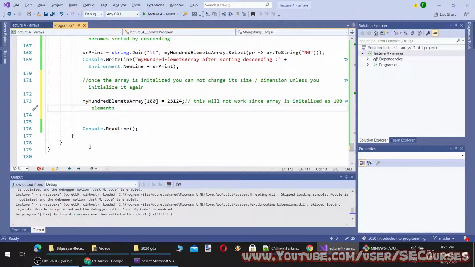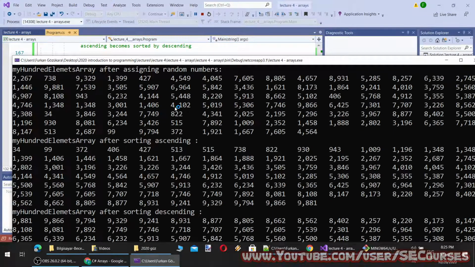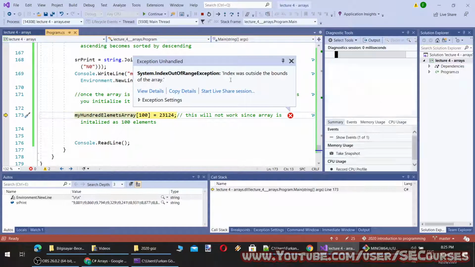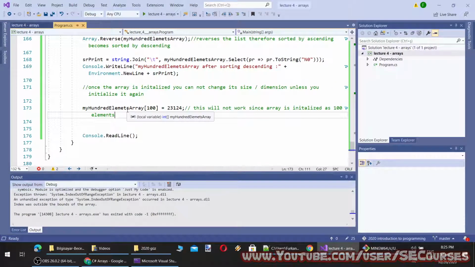When I run the application, it will throw an error. Let's try it and show you. Okay, the error happened. You see, index was outside the bounds of the array because the array can hold up to 100 elements, and index 100 means the 101st element of the array. Okay, so this will be giving an error.